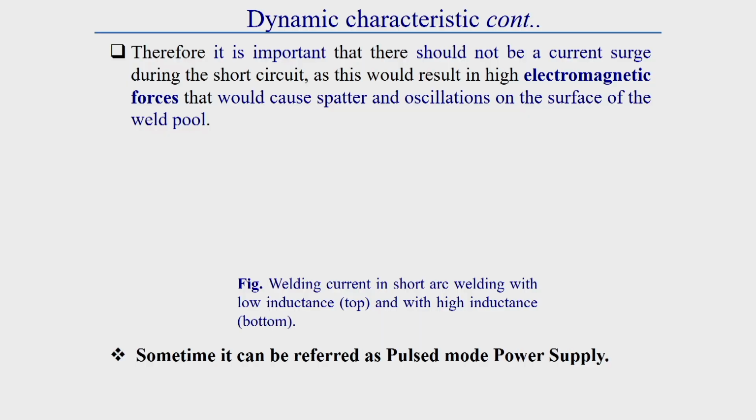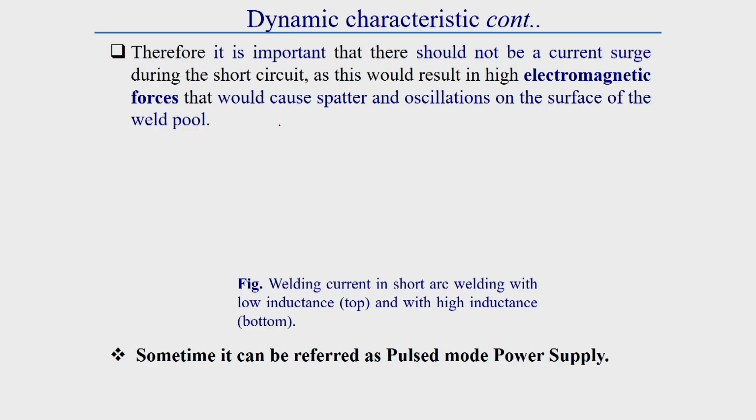If we use an inductor in the output of this power source, we get a smooth and stable arc, because due to the inductor the rise of current is much slower. Here I am just showing the function of the inductor on output current or voltage, with a figure, and then you will get a very good idea.